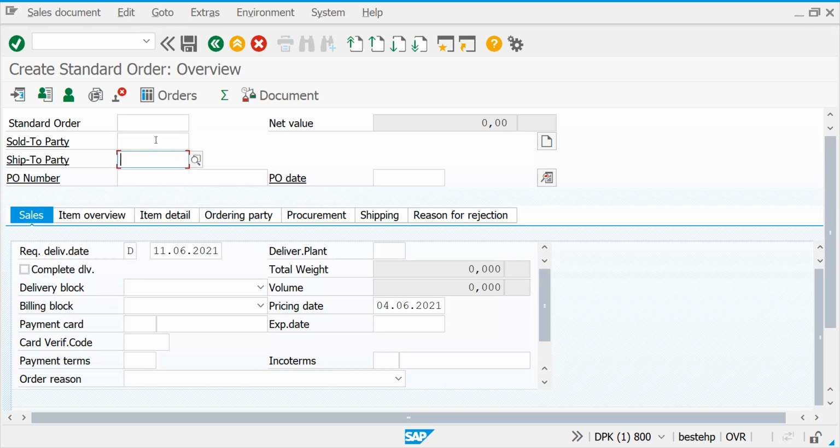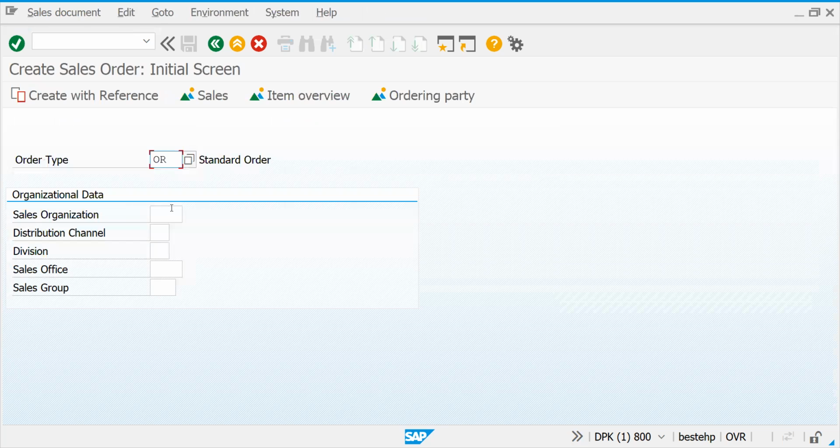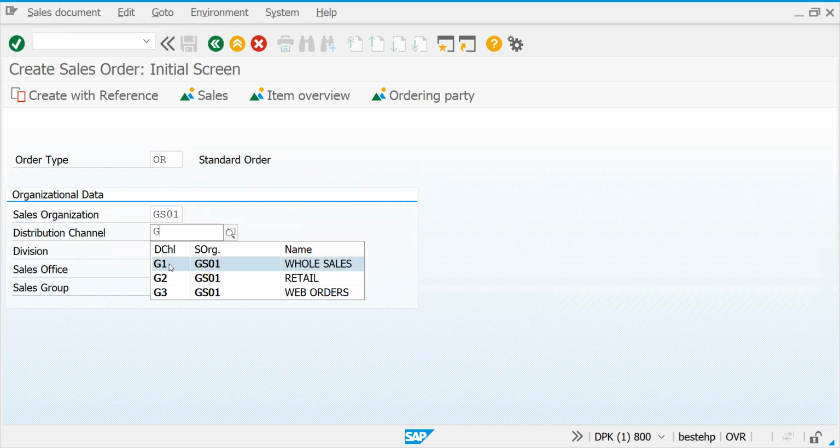If I click here, order, what is it asking? Sold-to party and ship-to party. In the next session, we're going to see what is partner determination and what are the controls behind customer master data. Now let me try to enter our sales organization. Let's put in our division, our distribution channel.